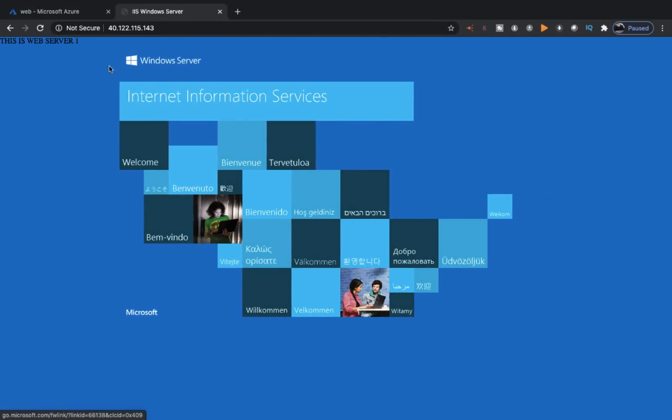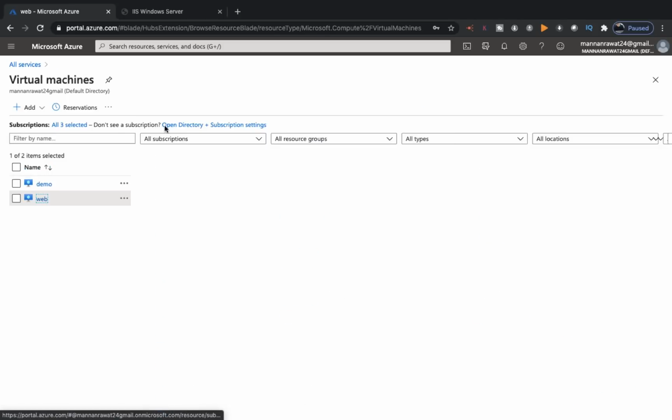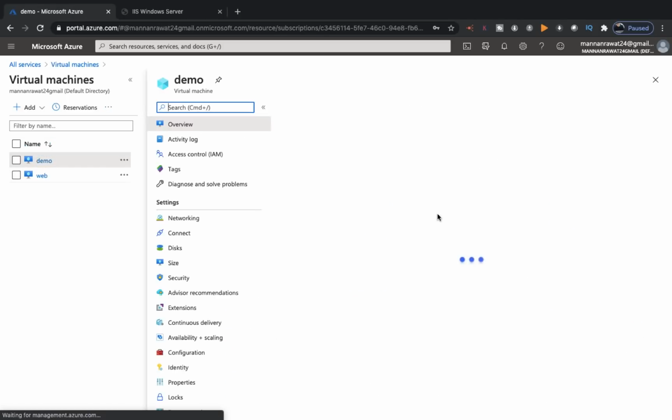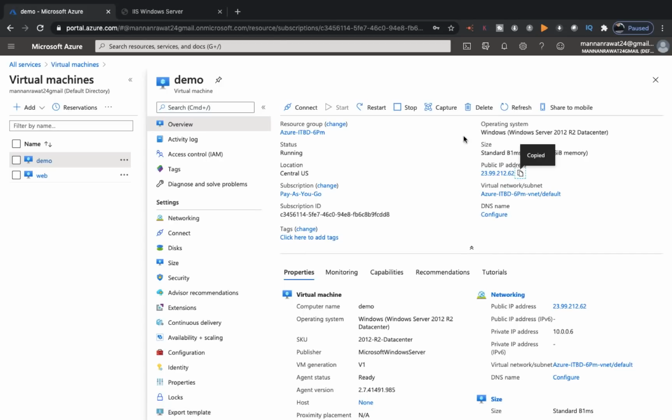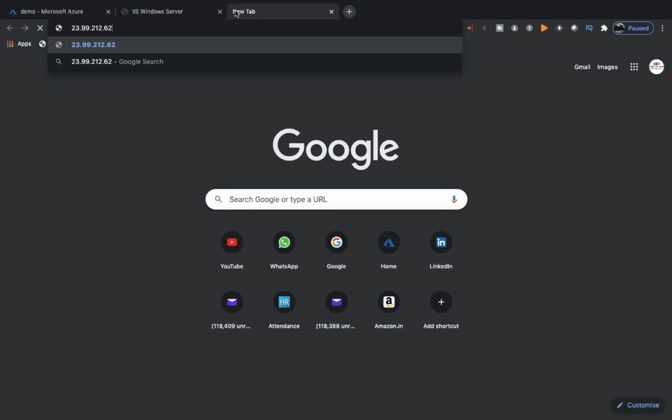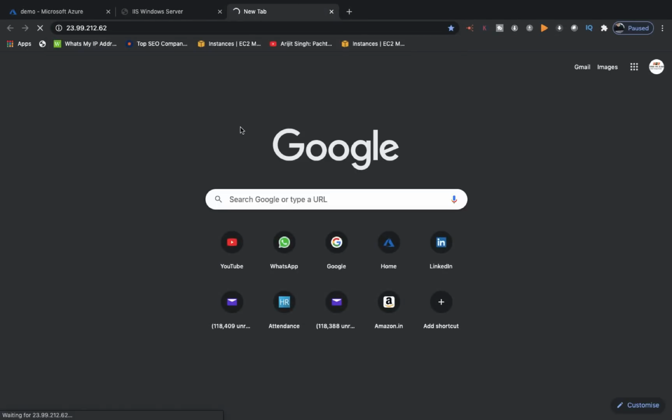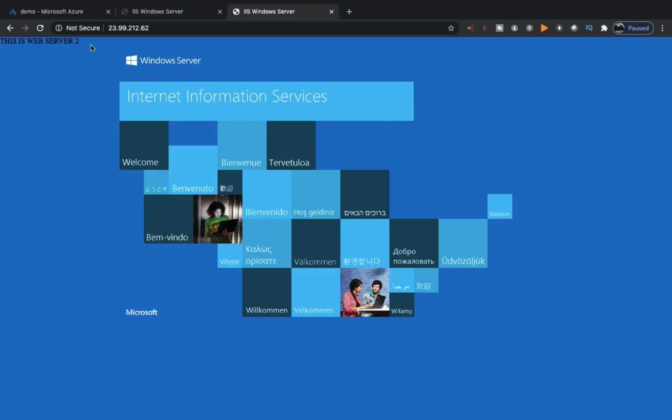Let's check. See, we are able to access web server 1 by using the public IP address. Need to check the second virtual machine. Are you able to access it? Copy and paste it on any browser. Got it? We are able to access our website by using the public IP address, but unfortunately